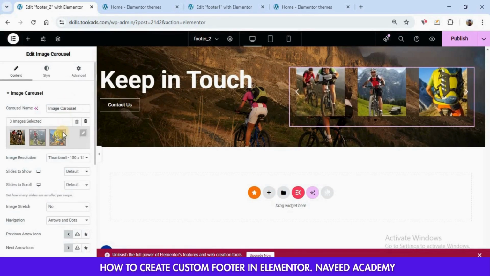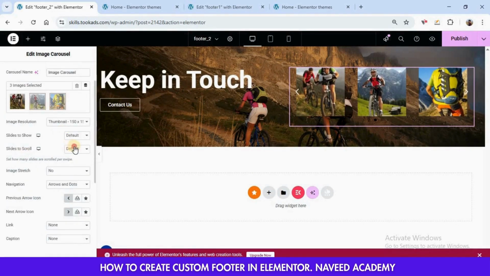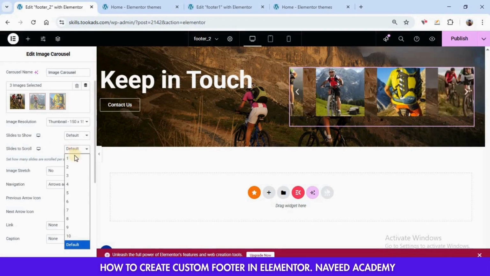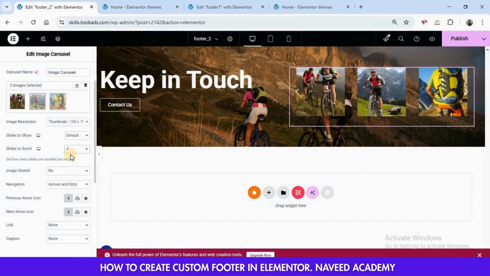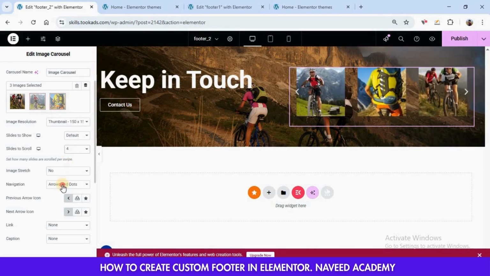After adding the images, scroll down and go to slides to scroll and set it to 4. And after that, go to navigation and set it to none.